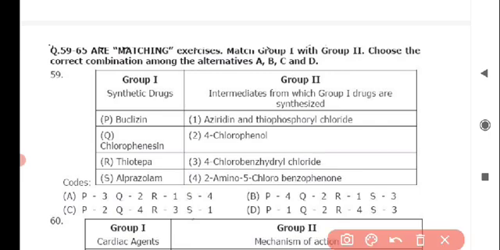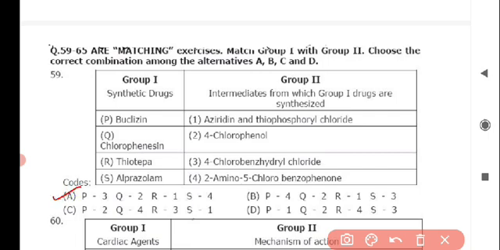The first question in this is of match the following. In the first column synthetic drug is given, and in the second column intermediates from which group 1 drugs are synthesized is given. So for this the correct answer is option A,